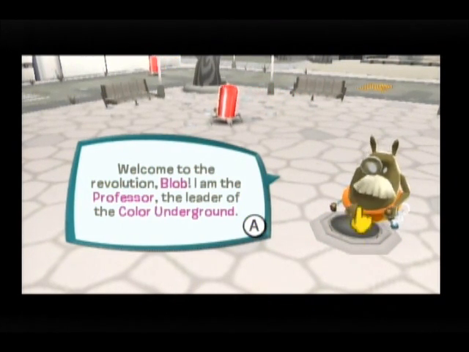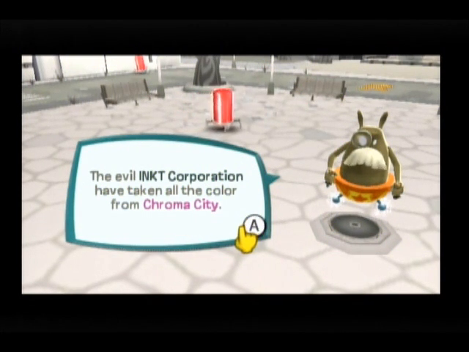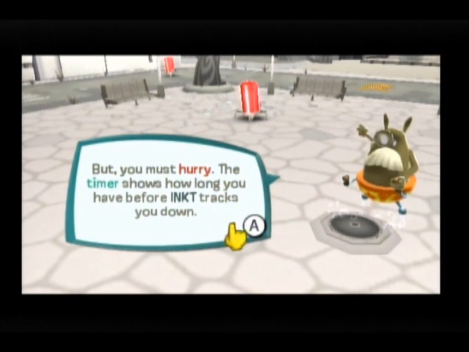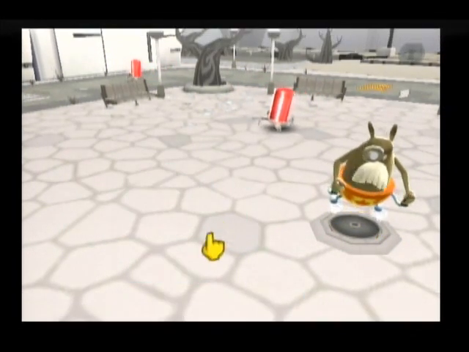Welcome to the Revolution. I am the Professor and the leader of the Color Underground. Evil Inked Corporation has taken all the color away from Chroma City. With your help, we can restore the world using color energy. But you must hurry. The timer shows...